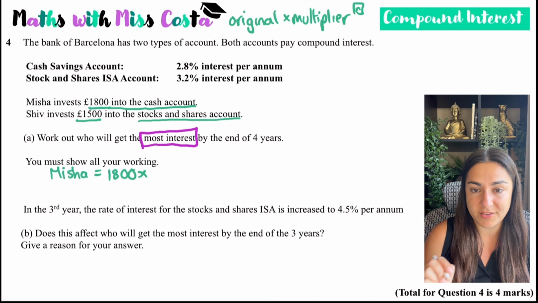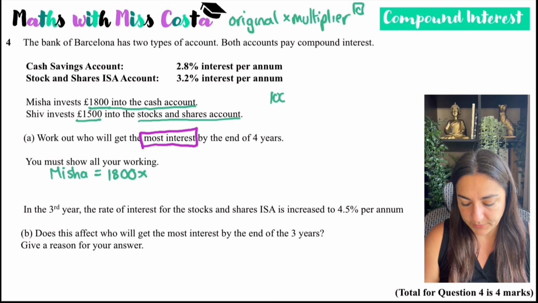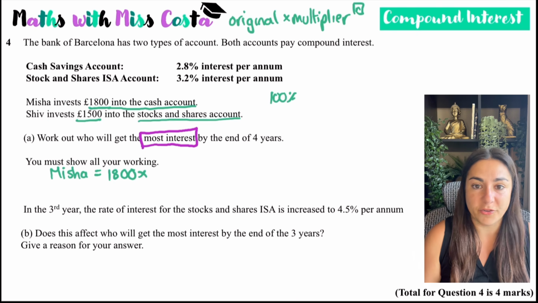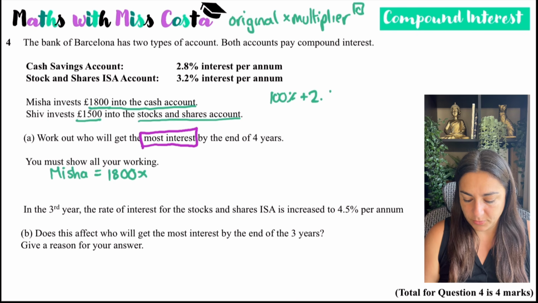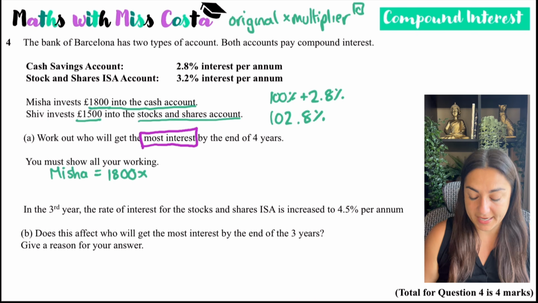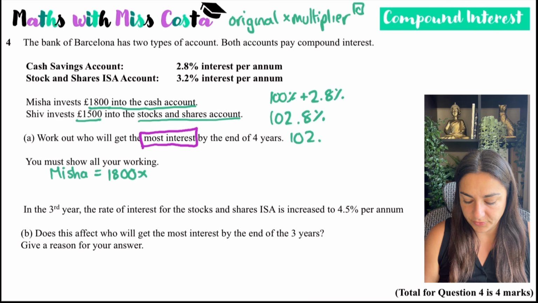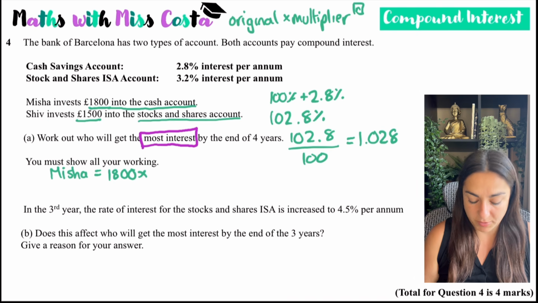Now, if you're not sure how to do multipliers, what we do is we say that the original amount is 100% because that's what you started with. And then we're going to add 2.8%. So that would give you 102.8%. And what does percent mean? It means divided by 100. So either you can do that in your calculator or you're familiar with multipliers, so you know that the multiplier would be